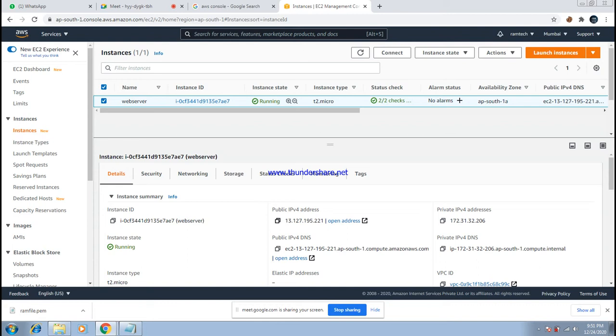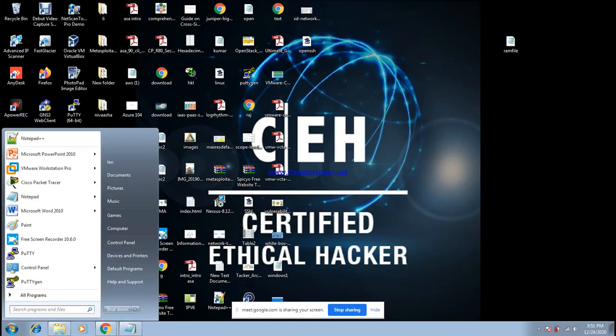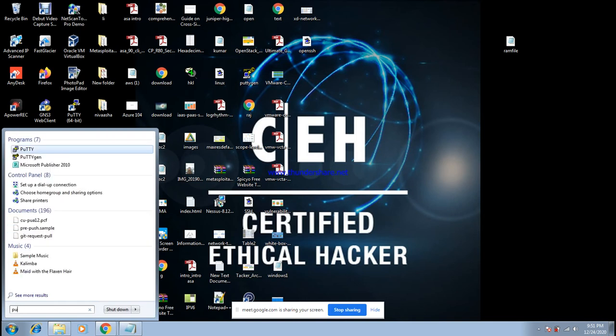Either you can copy the public IP address or the public DNS, any one, and paste it into PuTTY. I copy the public IP address and go to PuTTY.